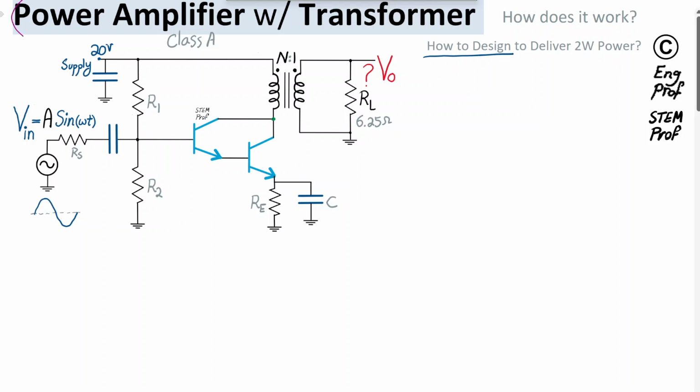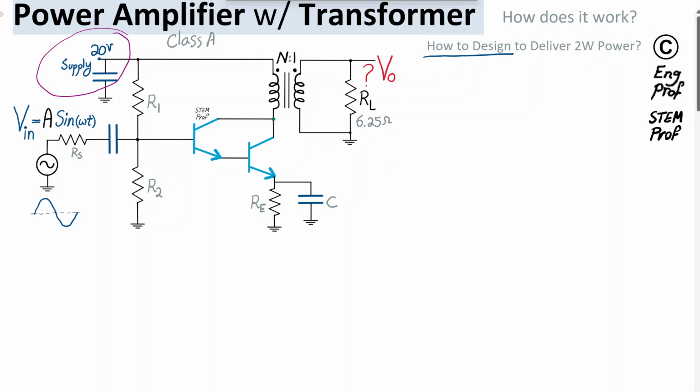A Class A power amplifier designed with a transformer is discussed in this example. The circuit is implemented with one pair of Darlington BJT (bipolar junction transistor) NPN type, one N-to-1 ratio ideal transformer, and we want to deliver to a load of 6.25 ohm a power target of 2 watts, and the supply voltage